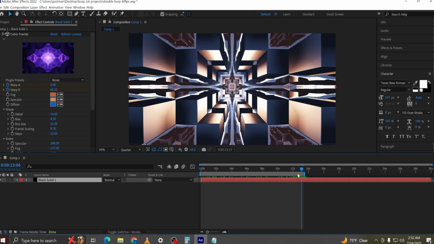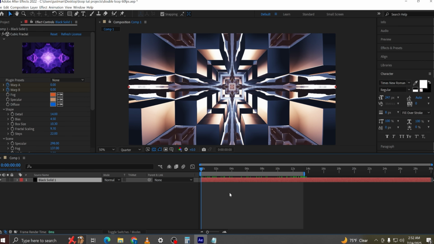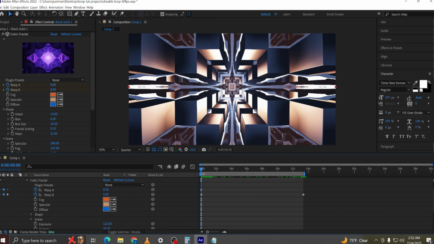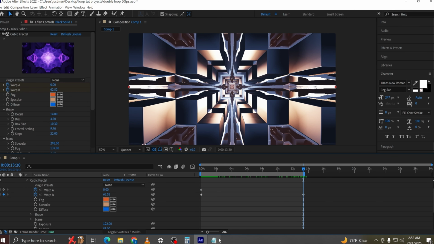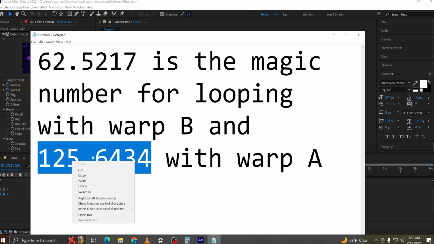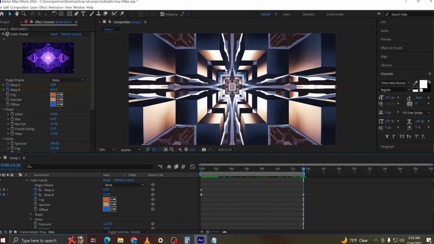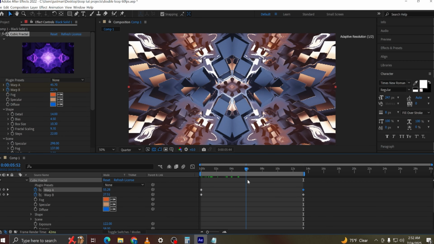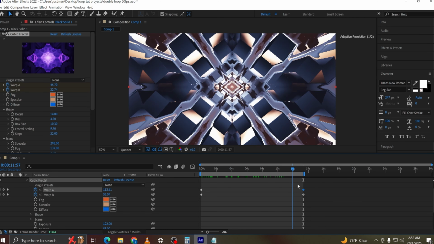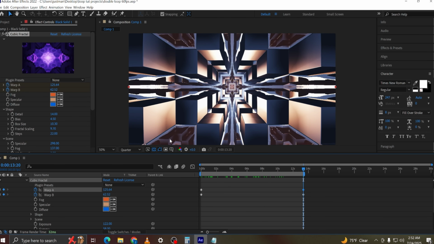So we got that. So that's animating, going from 0 to that number. And we already have the keyframe down. Let's just open up this. Yeah, we've already got the keyframe down for the warp A, and we're going to go ahead and drop this number in to warp A. So right now we're having both the A and B go through the motions and end up finally at the same position,